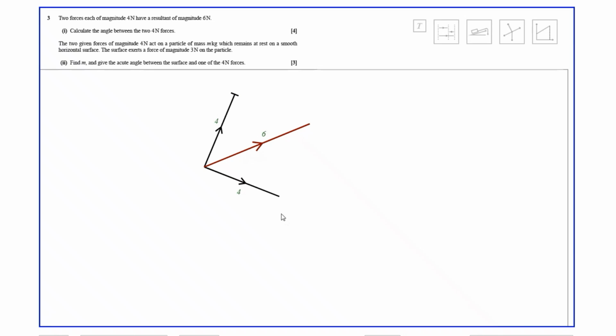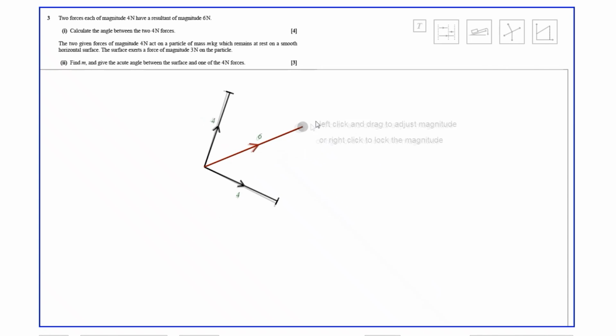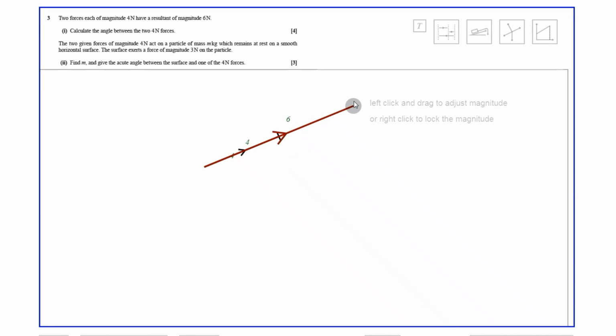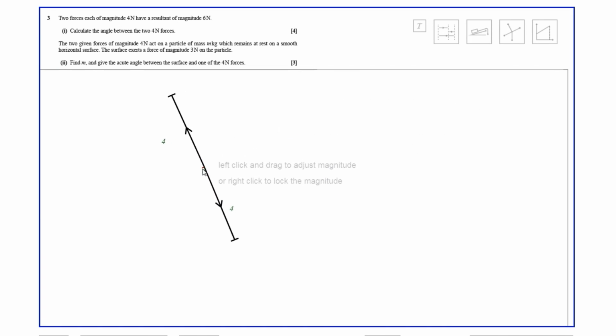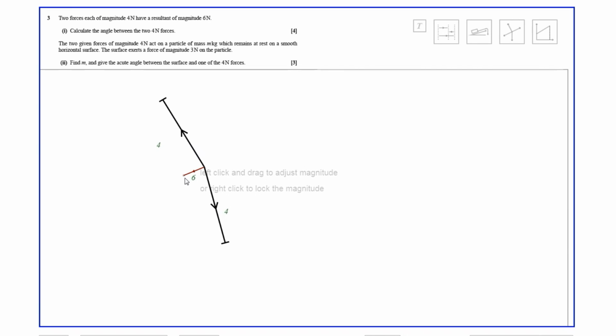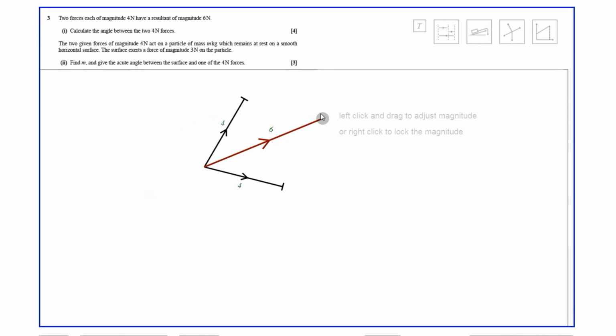So let's put a break on those magnitudes there, and then let's see, we shouldn't have labelled it 6 yet, should we? Because it's going to vary all the way up to, we can see, a maximum of 8 down to a minimum of 0 when they're exactly opposed, the components, and anywhere in between. So there's about 6,